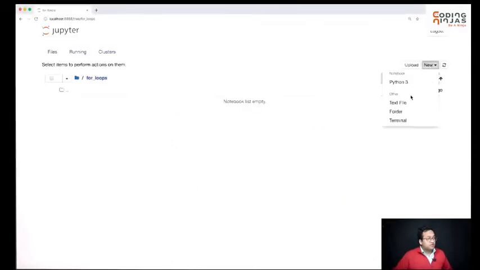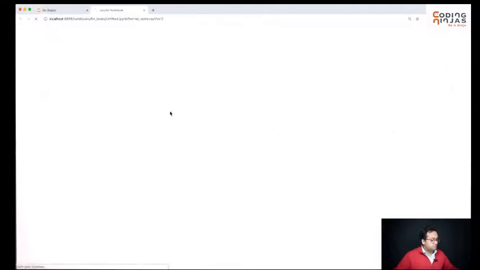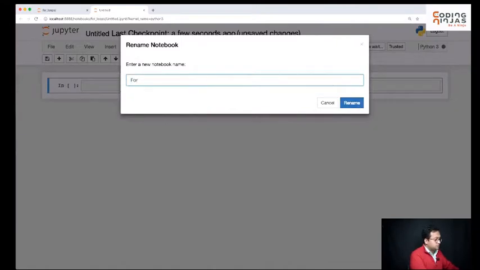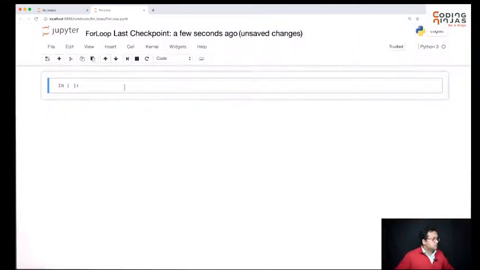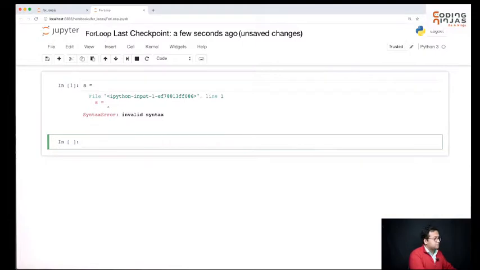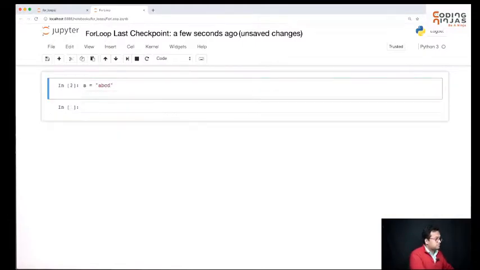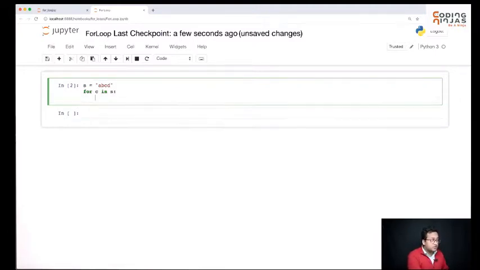Perfect. So let me create a new notebook. Let's call it for loop. Let's say I have a string ABCD. And now, when I say for C in S, right? I was just a variable name, so I can take C to be the variable. Nothing about that. So for character C in string S,